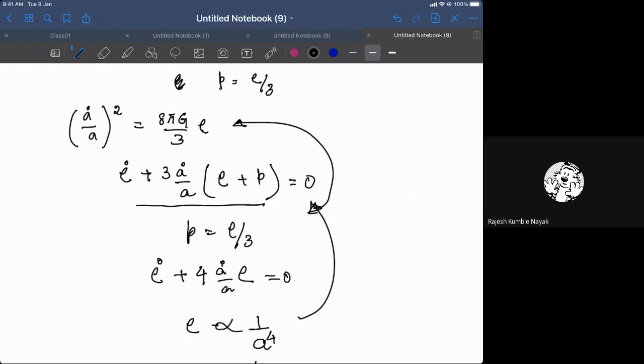And as time propagates, the radiation density falls off much more rapidly, and then matter dominates and takes over. That is what we call the radiation to matter domination switching. The current universe is assumed to be matter dominated. When you compare with the early age of the universe, you will have a radiation dominated universe. That is what Big Bang cosmology says.